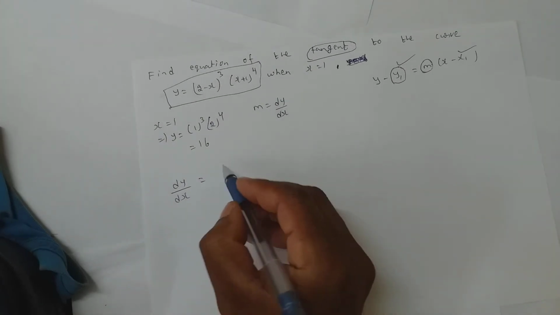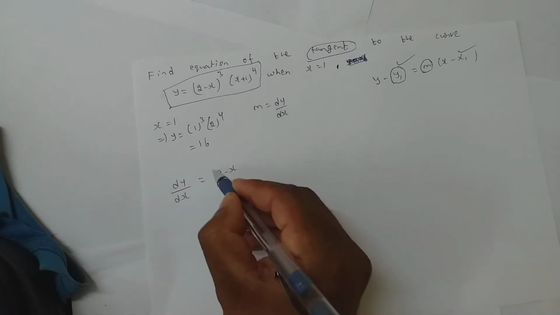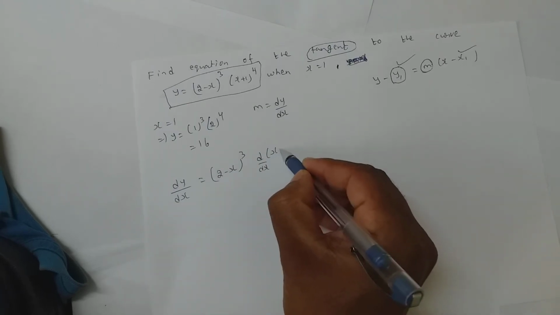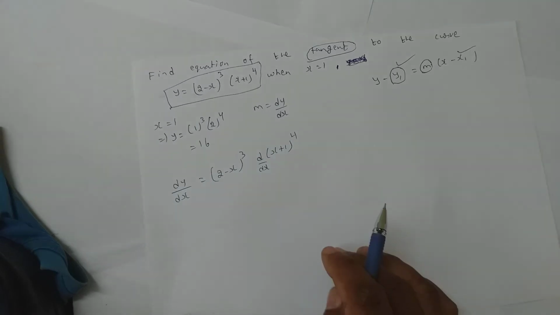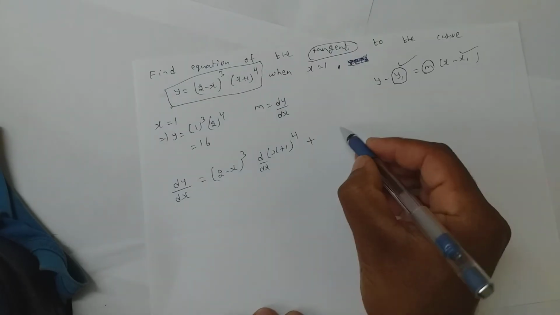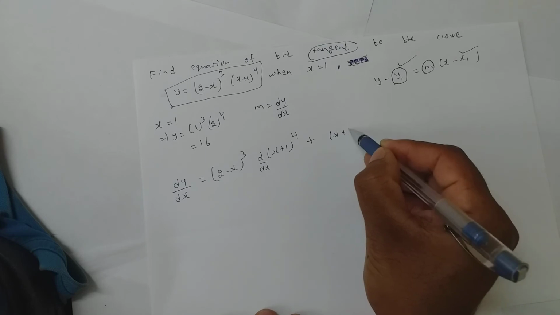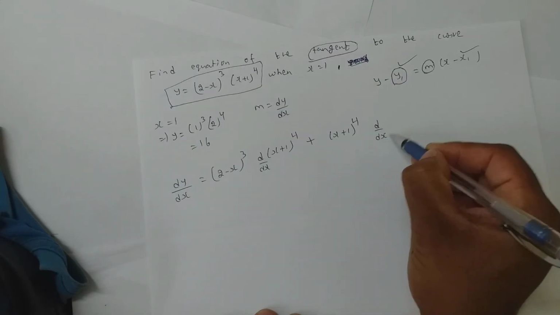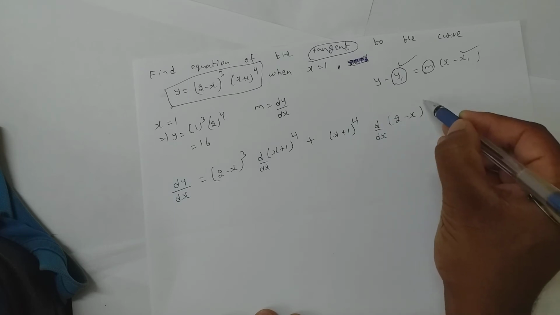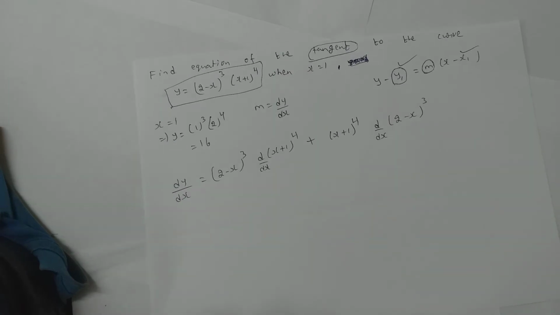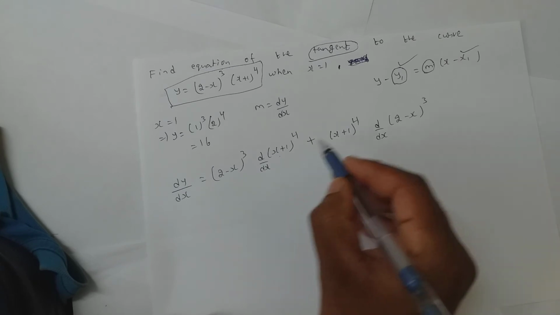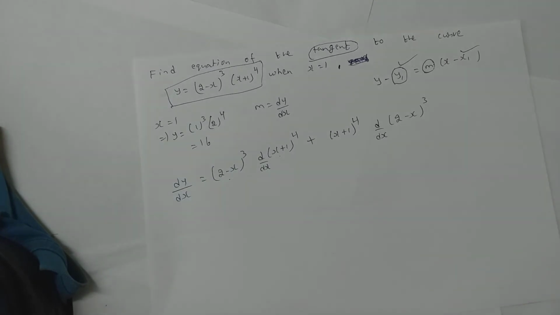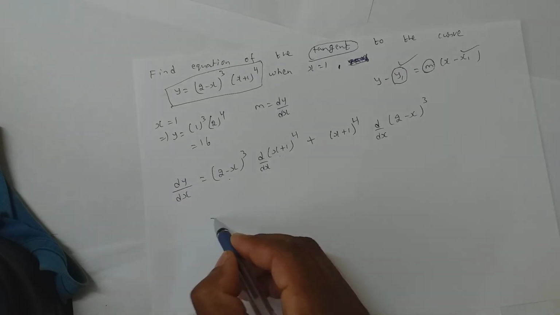So it becomes, if I write (2 minus x) as it is, the other one I need to differentiate. Plus, the differentiated one as it is you write, and which was not differentiated should be differentiated in the next term. Clear with the product rule? This was differentiated now, next time not differentiated. This was not differentiated, in the next term differentiated.